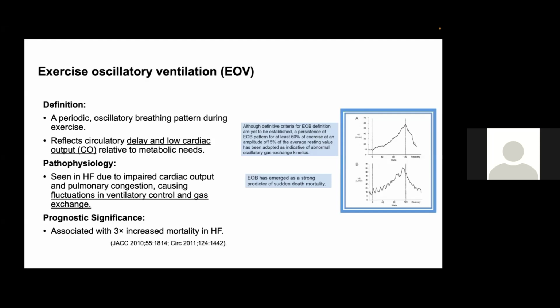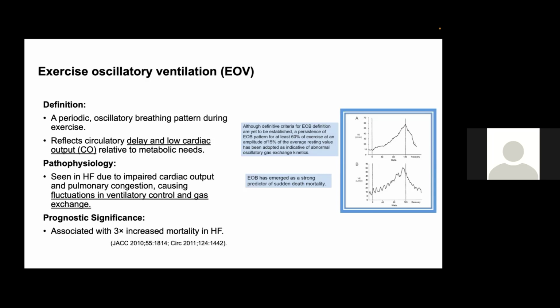This is typically seen in heart failure patients with impaired cardiac output and pulmonary congestion, and it causes fluctuation. As you can see here in panel B, there is fluctuation of the curve during the exercise. It is defined as more than 60% of the progression having fluctuation, and the amplitude should be more than 15%. So if we have 60% fluctuation during the peak of VO2 and the amplitude is 15%,